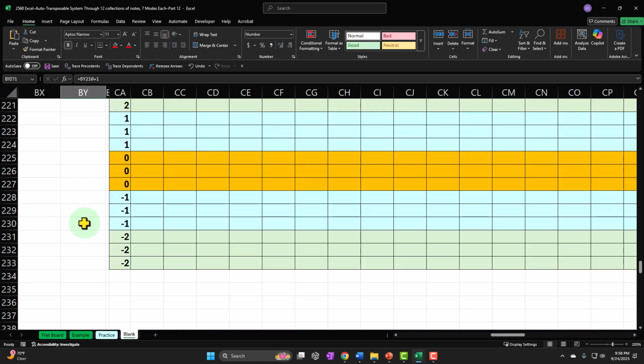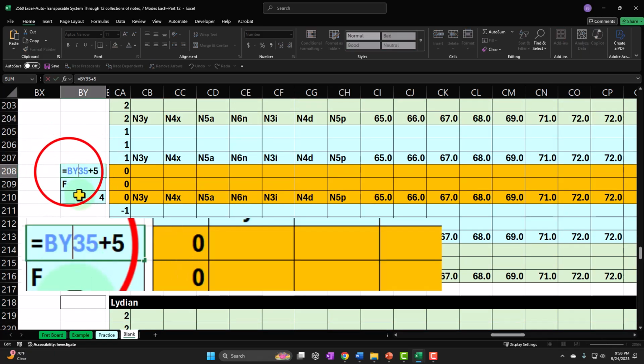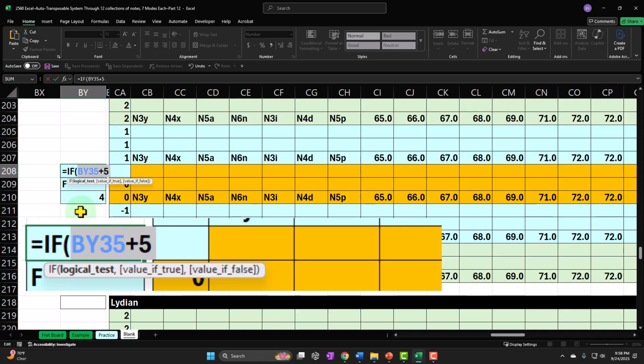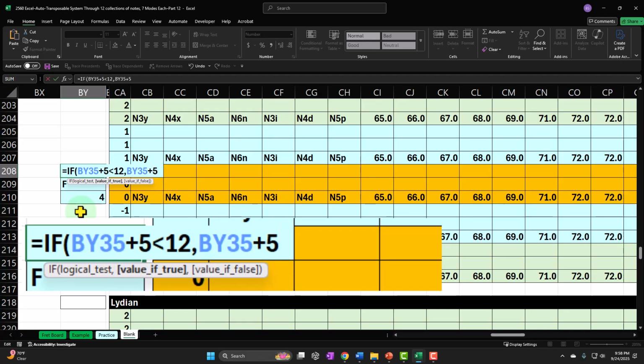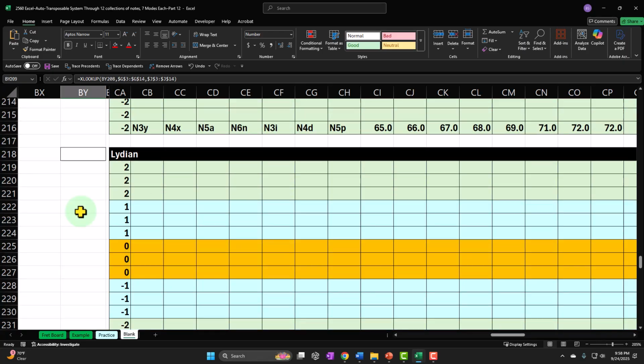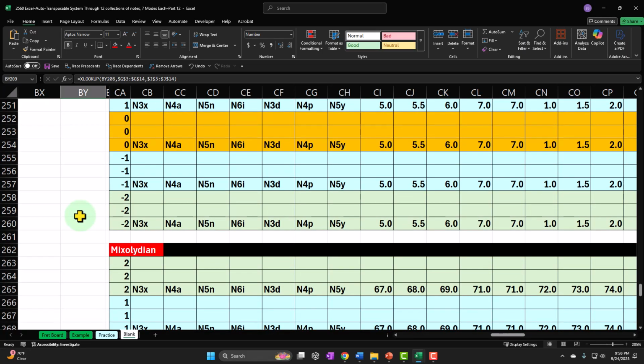I need to do that up here too. So this one, I need to just put the if logic. If that plus that, copy, is less than 12, then do that plus that. But if not, do that plus that minus 12. Close it up. Bam. Still at a 9 and an F. All right. So now let's